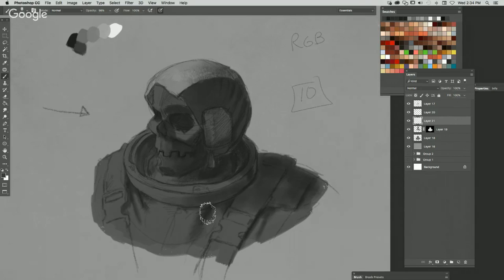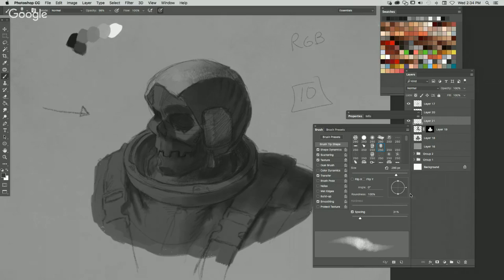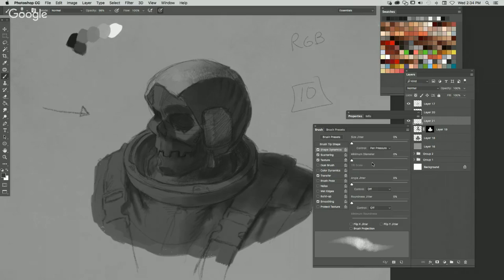Can you show the settings on the brush? Oh yeah. Oops, where am I? So shape, scattering. Actually, I don't know why shape dynamics are turned on. Oh, maybe that's why it's been so weird. Usually I keep the minimum diameter at 100%, so I just work with the size. But if you turn it down, I guess. Oh, my Cintiq, it's on soft right now, so I can barely even tell. And then transfer turned on, and I usually work at 100% opacity at all times.